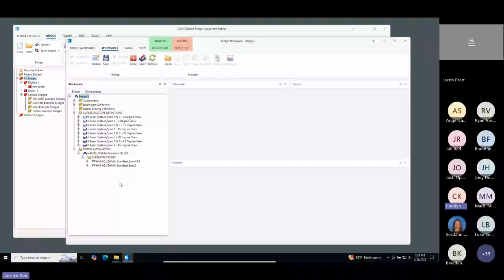They're not structurally continuous, but are part of the same structure number. This is kind of the same concept. Since these are modeled as simple spans, that's why they are different alternatives. So we're going to go through here and just go back over the process of setting up